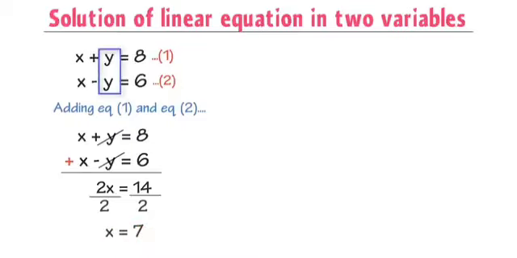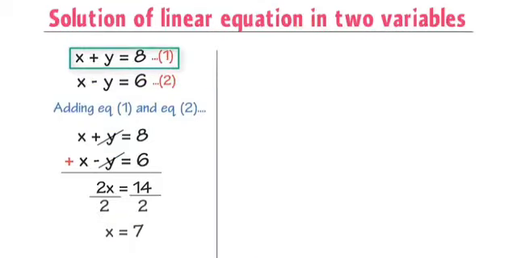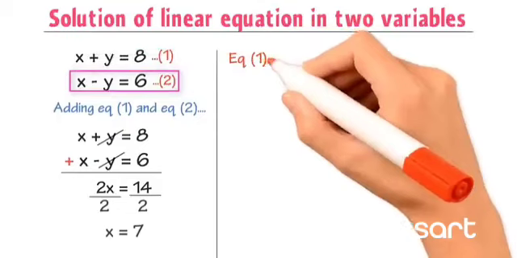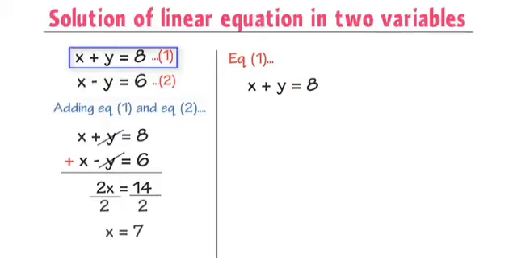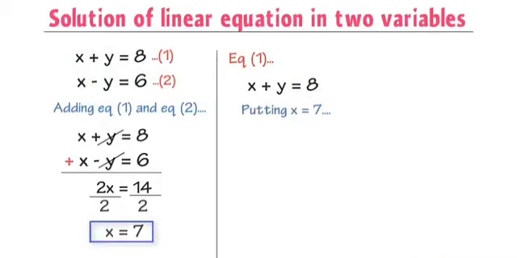Now what about the value of y? We can now easily calculate the value of y by substitution method, by putting value of x in either equation number 1 or in equation number 2. Let me first put the value of x in equation number 1 and then in equation number 2. Now equation number 1 is x plus y is equal to 8. We know that x is equal to 7. Thus putting x is equal to 7 in equation number 1,